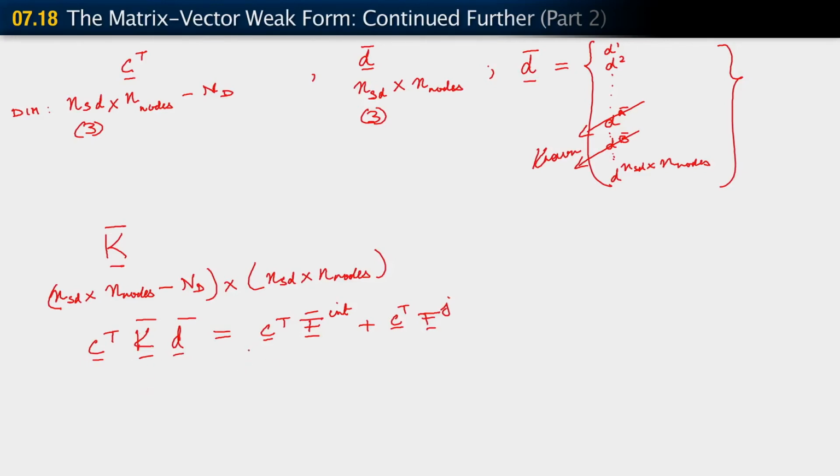So what we say is that C transpose times a reduced matrix K times a reduced vector D equals C transpose F bar internal plus F J minus